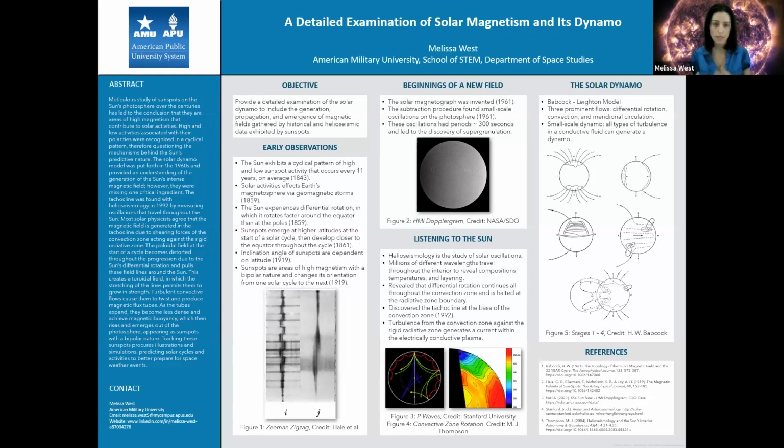Meridional circulation expands the flux ropes to reach higher and higher into the corona. As the spots migrate closer to the equator, the leading spot of one hemisphere will connect with the leading spot of opposite polarity in the other hemisphere, initiating a neutralization stage and the magnetic reversal process. The last stage is the reverse dipolar field, where the overall magnetic polarity of the sun is reversed, starting a